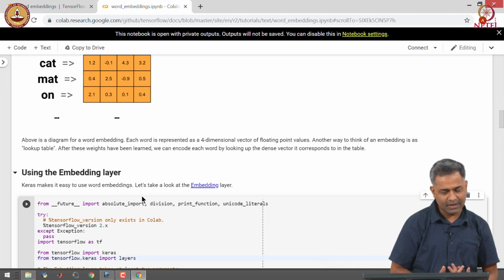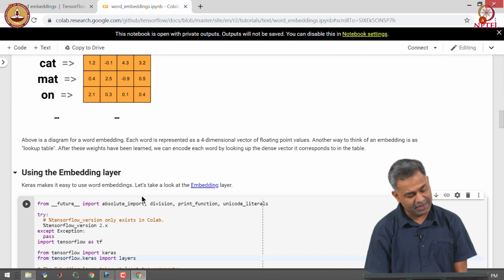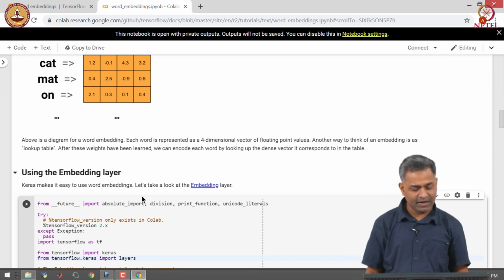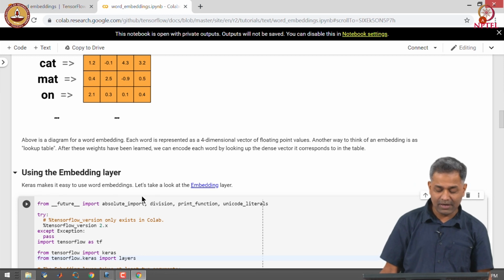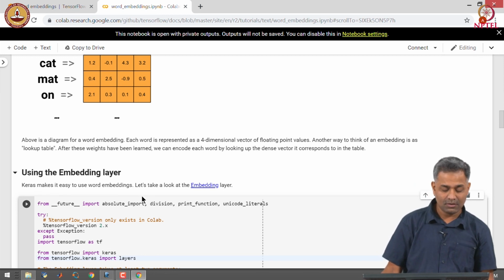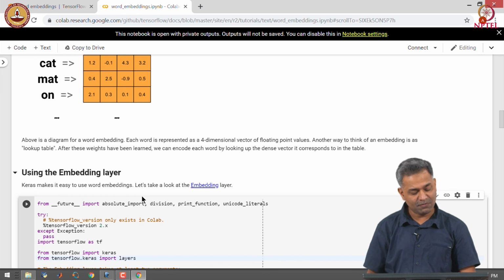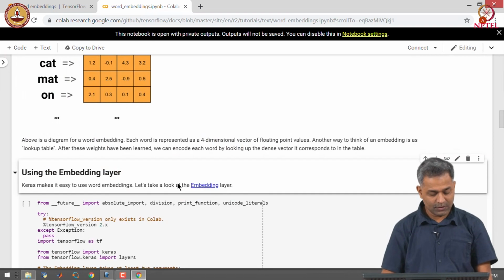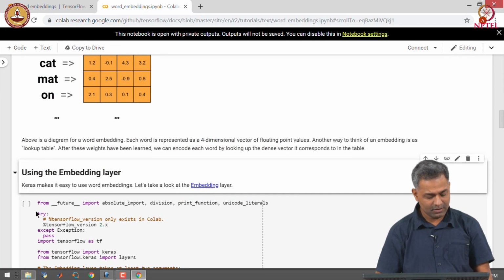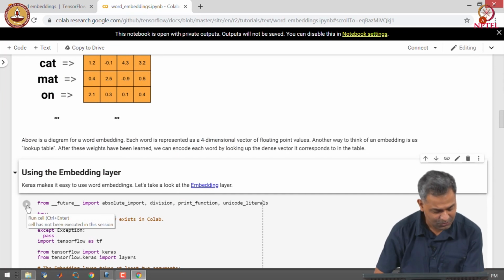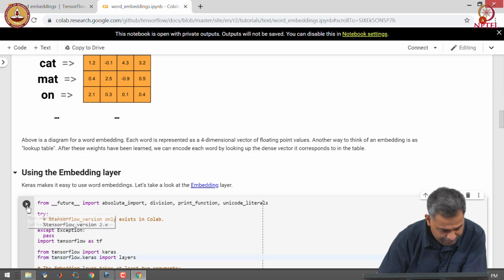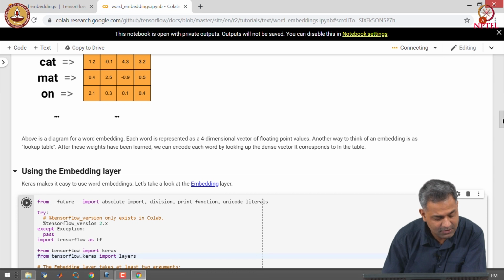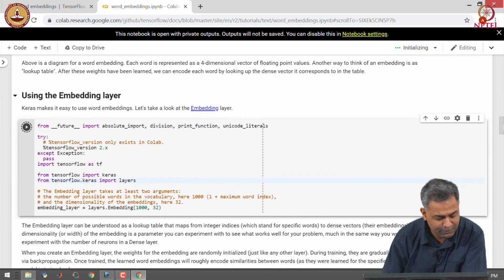We can also think of an embedding as a lookup table. After the weights are learnt, we can encode each word by looking up the dense vector corresponding to it from the embedding table. Keras has an embedding layer that makes it easy for us to use word embedding. Let us see how to construct these word embeddings in tf.keras.